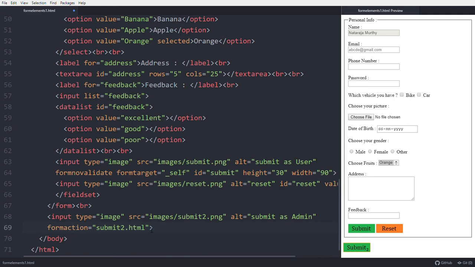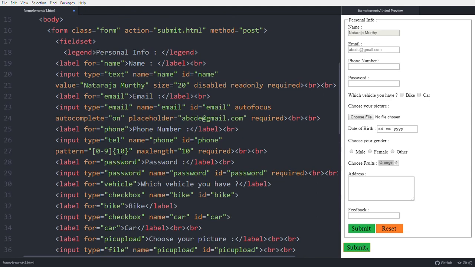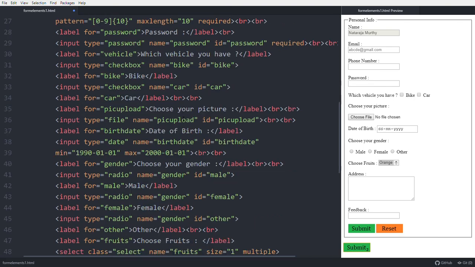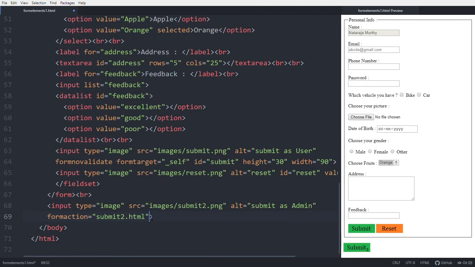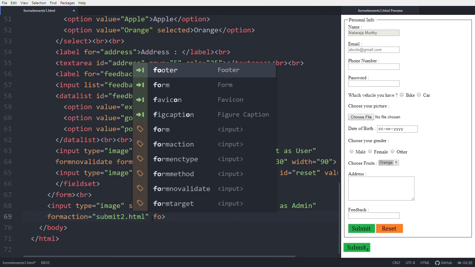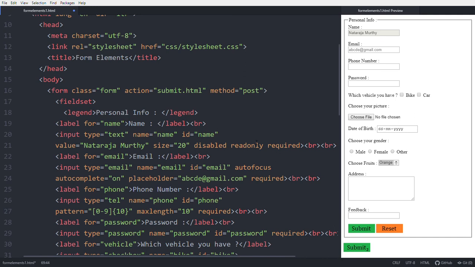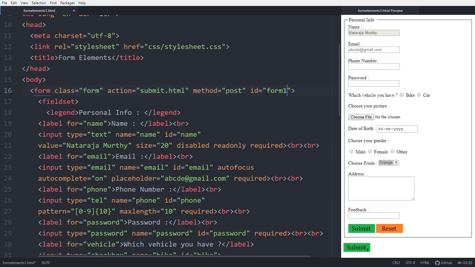Why? Because this is not linked with the form. So we want to link this input with this form. That happens with the first one, that is the form attribute. So how to make it? See now. Write the form attribute and the value is form1. Created, it needs to link with form1. But this form has no details about form1. So make the connection with the ID. ID value is form1. Then the link is created.